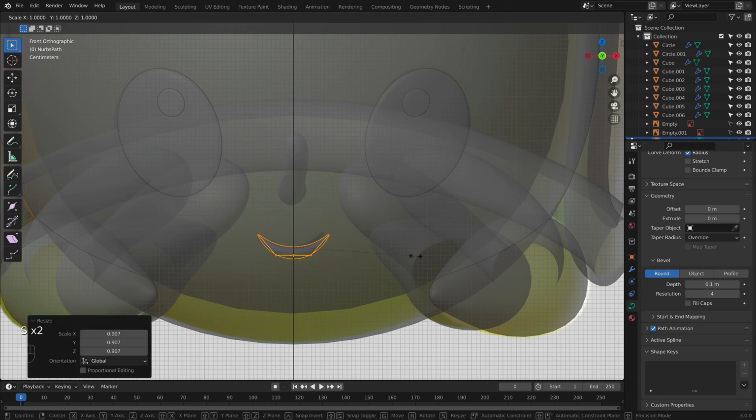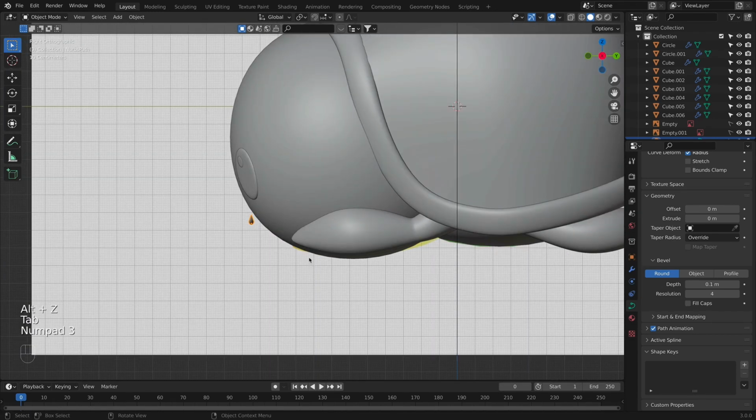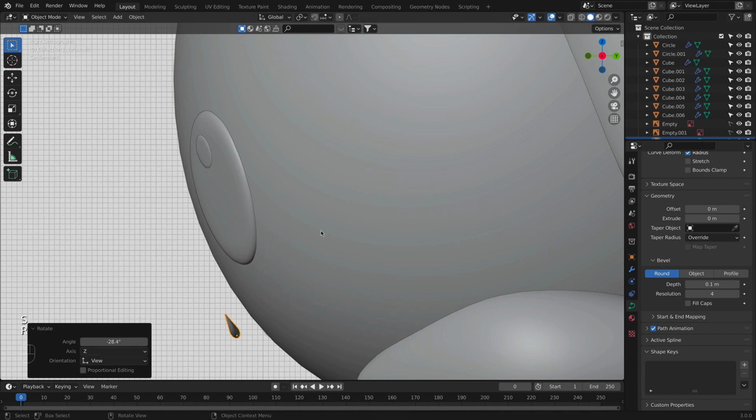Let's select everything, scale it, and add it here. Once we are done, we are going to scale it in Y-axis, rotate, and grab it